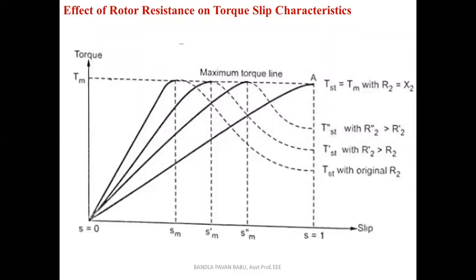for that the control method is by adding external resistance, which is only possible through the slip ring induction rotor. Earlier we have seen, by using the resistor bank, we can add the resistance to the rotor circuit, so that the torque can be improved there. But the drawback is that the slip is getting increased. We have to keep an eye on it, so it should not reach the unstable region. But this is one method of improving the torque, so that the torque slip can be improved in the induction motor.